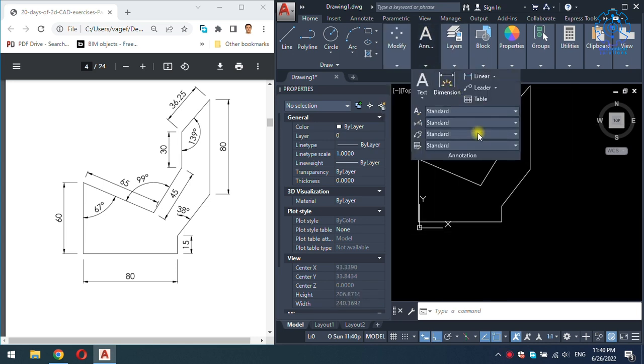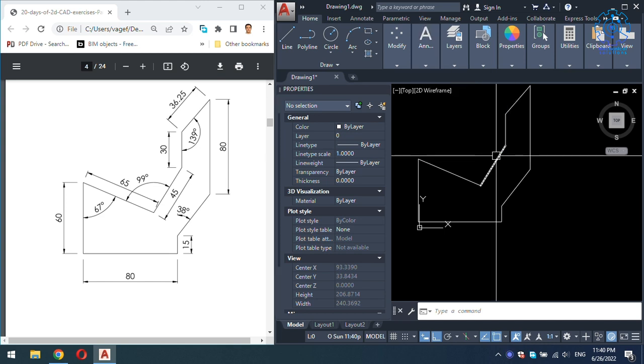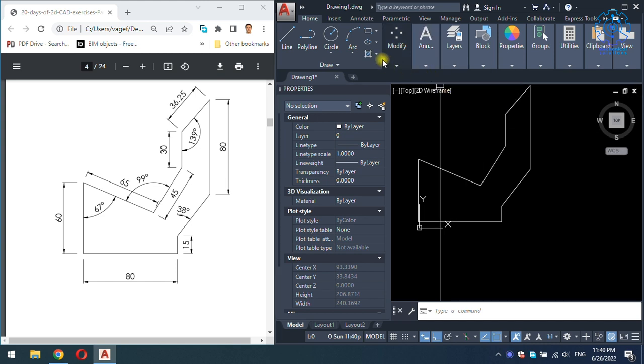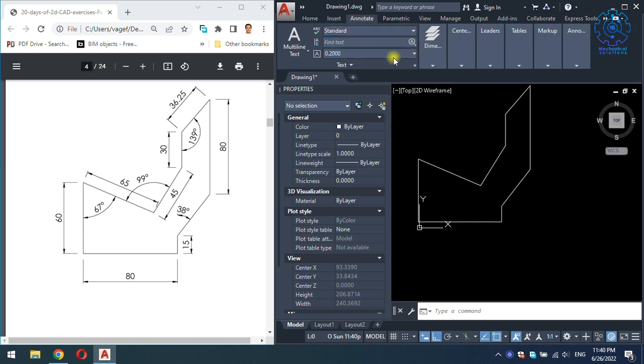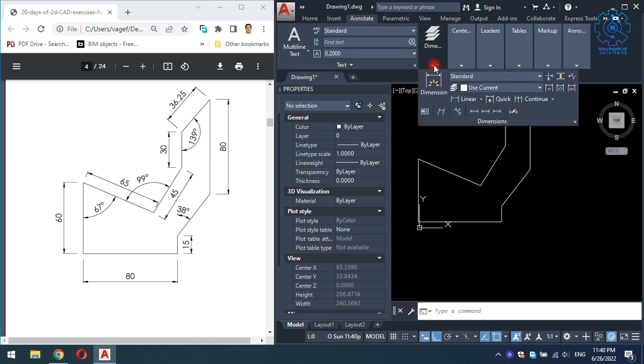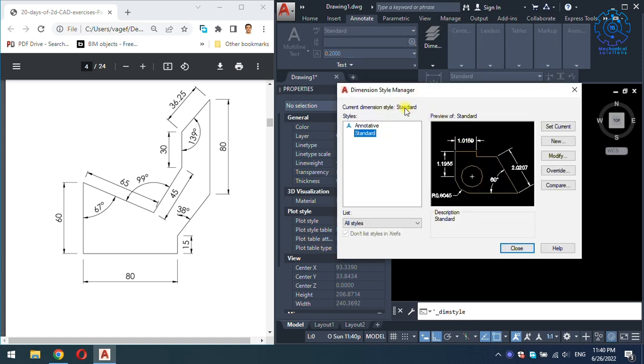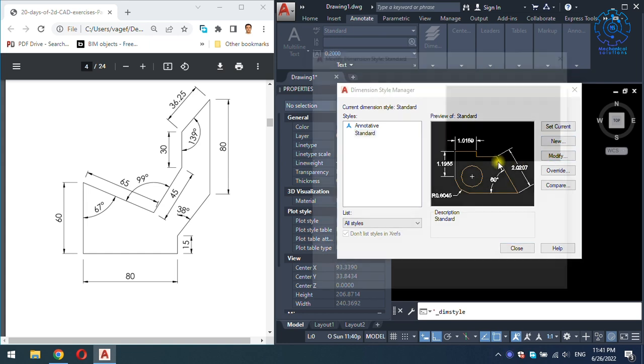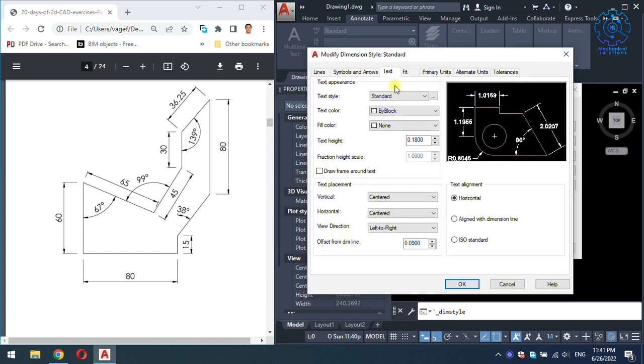I go to annotation, dimension style manager, modify. I come to text, do this 3. Okay,